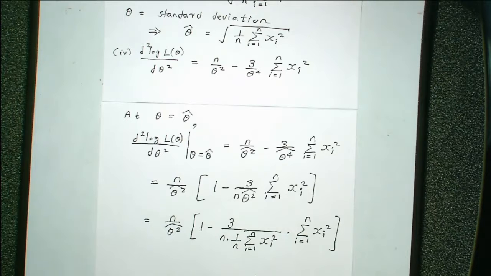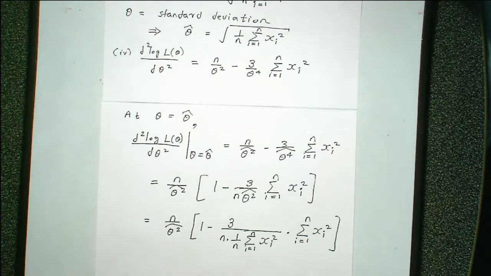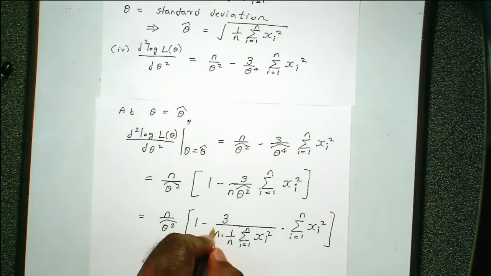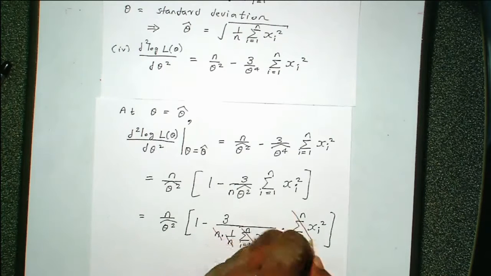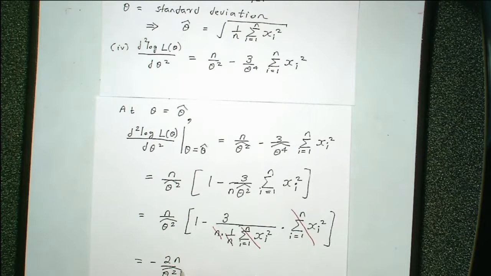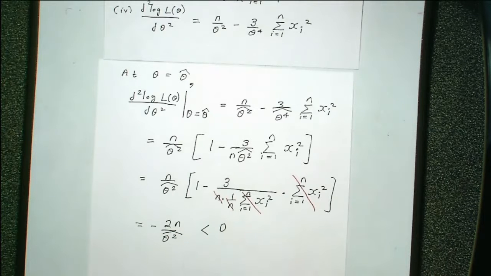Are you following me or what? We just showed in the previous slide that theta hat squared is equal to 1 over n times the sum of xi squared. So the n and the n cancel, this guy and this guy cancel, so you get minus 2n over theta hat squared, which is of course a negative number, right? You follow me, right? Hence,